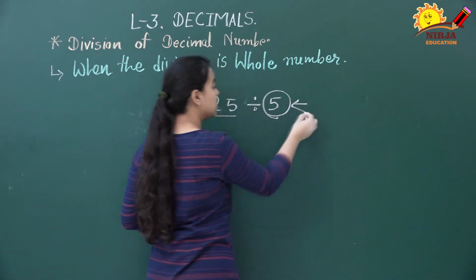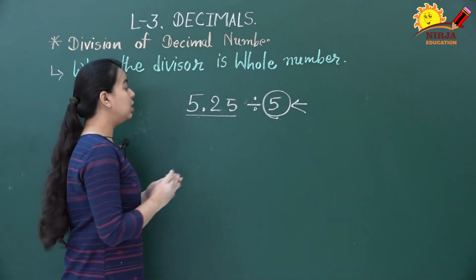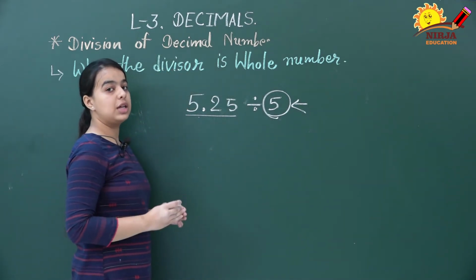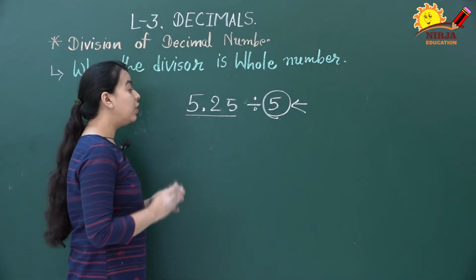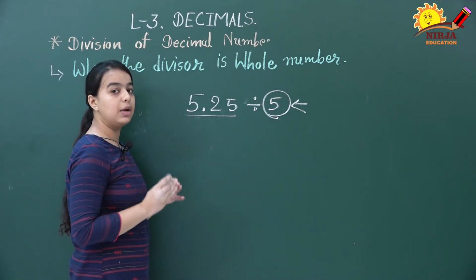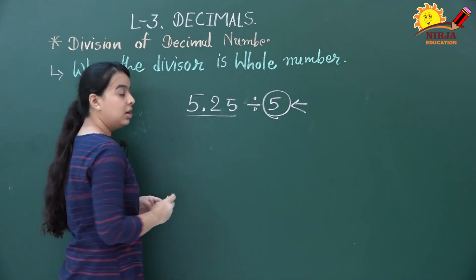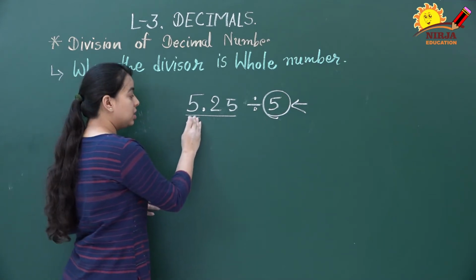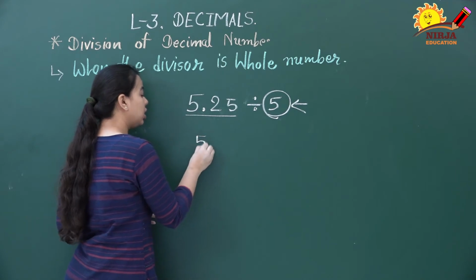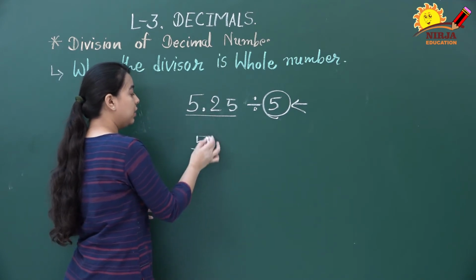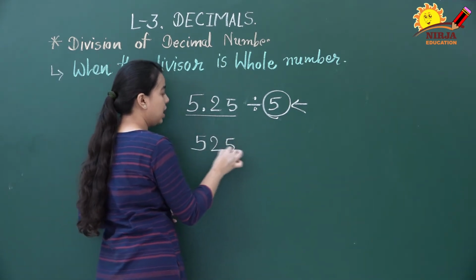That means our divisor is a whole number. So in all these cases, the first step we need to follow is to ignore the decimal point in the given dividend. This is our dividend. Ignore the decimal point. After ignoring the decimal point, it will become 525